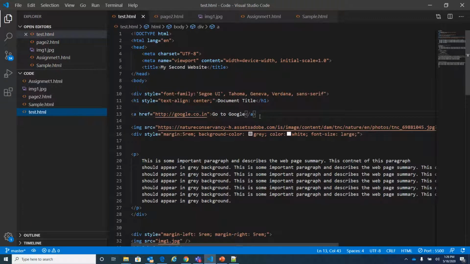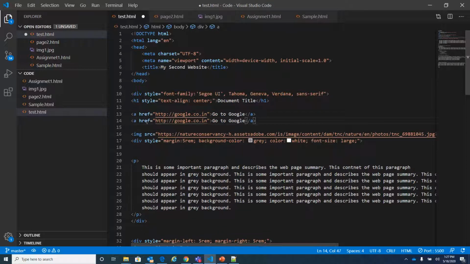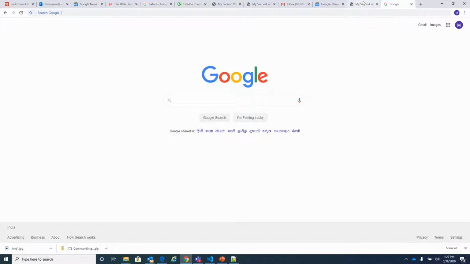Just after this google.com link, I'll paste another one, and this time I'll say page2.html and go to page 2. Save the changes and see if your changes are visible.